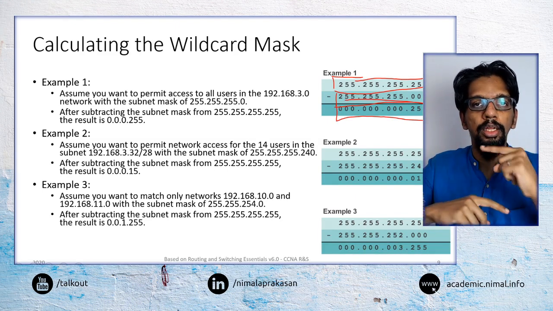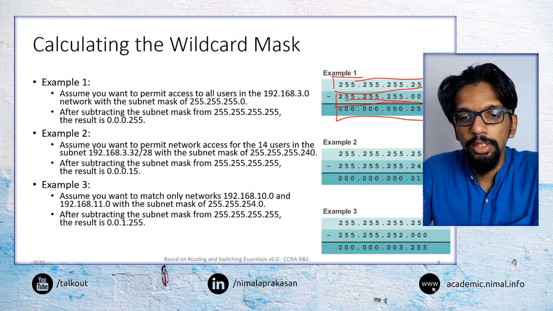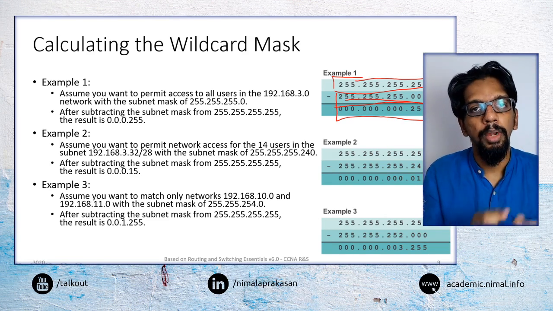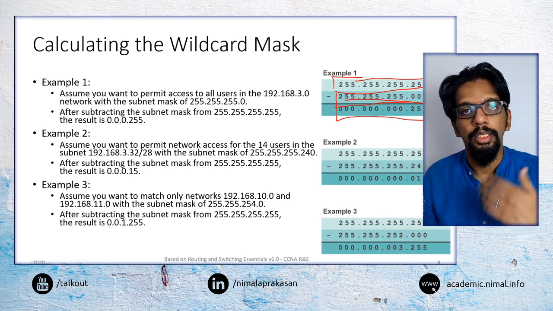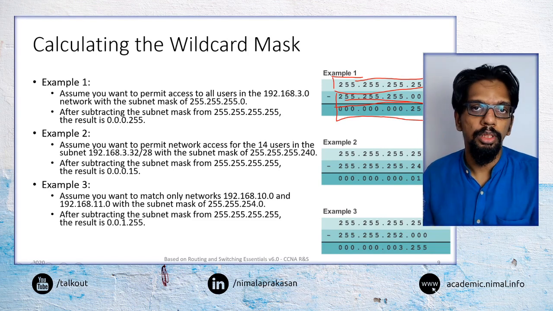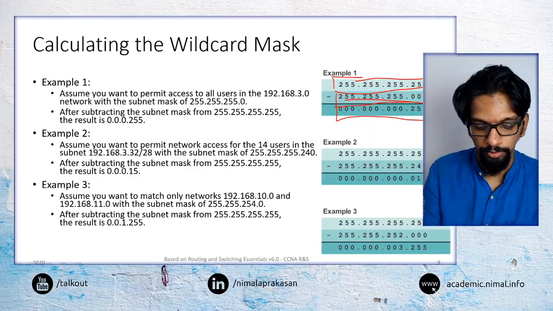So it is in a way the inverse of subnet masks. We would use these wildcard masks when we are creating our ACL entries, access control list entries. They will match with the relevant entries based on these wildcard masks.